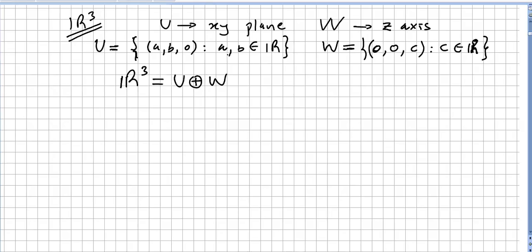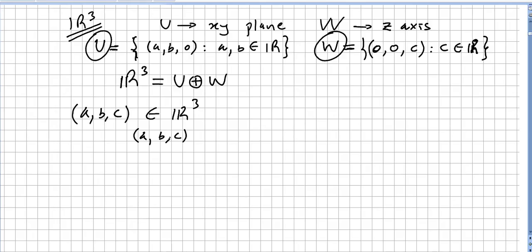A, B, 0, where A and B are in R, in the reals, and W, so it is the z-axis, so it will be vectors in this form, 0, 0, C, where C is a real number. So let us see if R3 is a direct sum of our U and W. Okay, so we pick an arbitrary vector in R3. Okay, so it will have this form, and